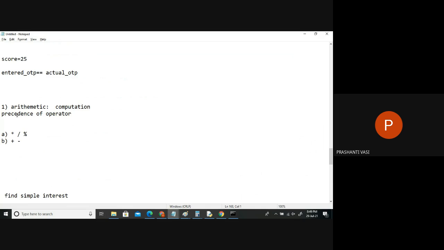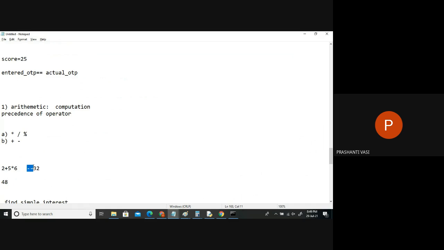Precedence of operators. So whenever we have an expression using more operators, we have to solve it according to their precedence. So 2 plus 5 into 6. If I write this expression, it has two arithmetic operators, but we will not just solve 2 plus 5. We will solve instead 5 into 6, which is 30, and then add 2 to this. Then we'll get an answer as 32. But if I solve from the left side, if I solve this operator first, we'll get 7 into 6 as 42.